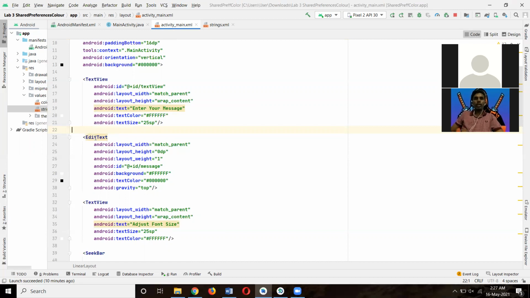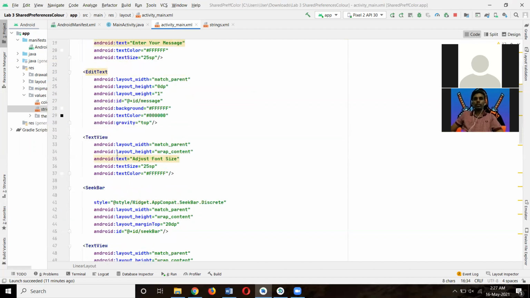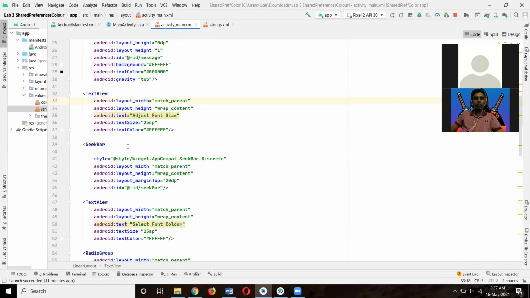This is the edit text. For the edit text, the id is message, the background is this code, and the text color is this code.